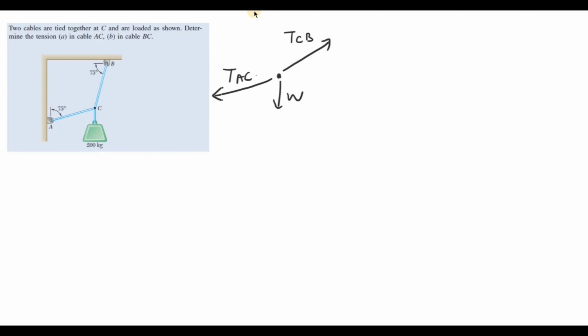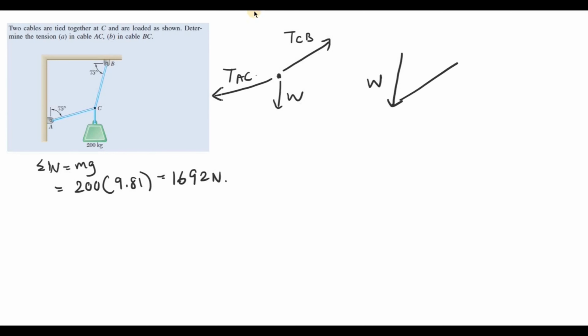So we know that the weight is equal to mass times gravity. We know that the mass is 200 times gravity 9.81, which is equal to 1962 newtons. So now I can set up the force triangle. We have the weight going vertically down. We have tension CB and also